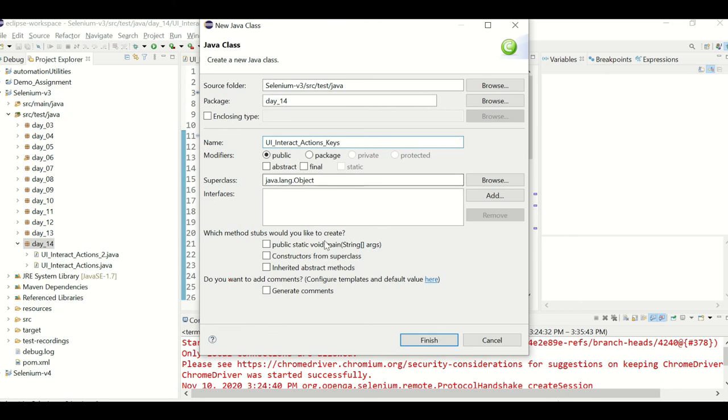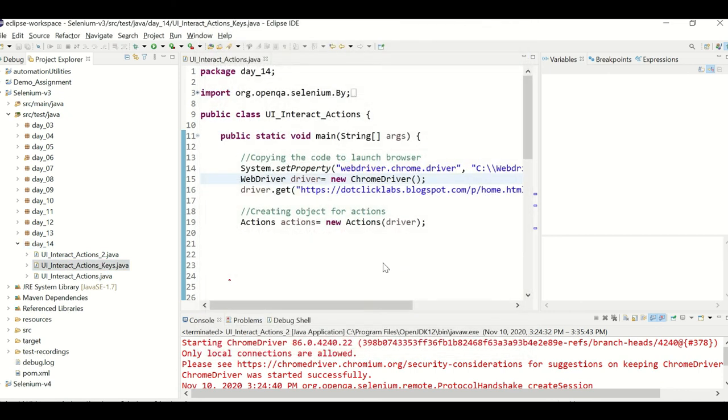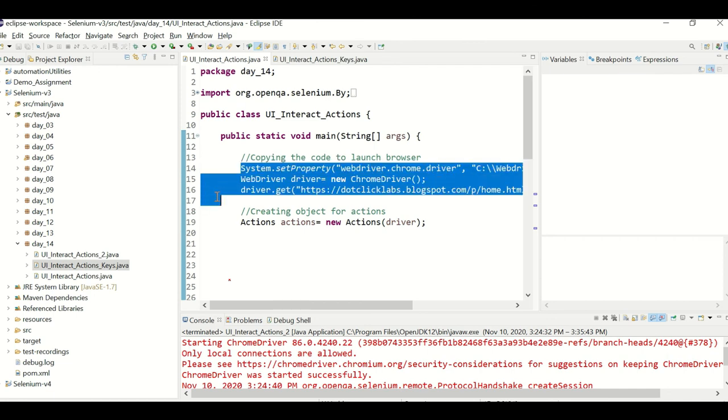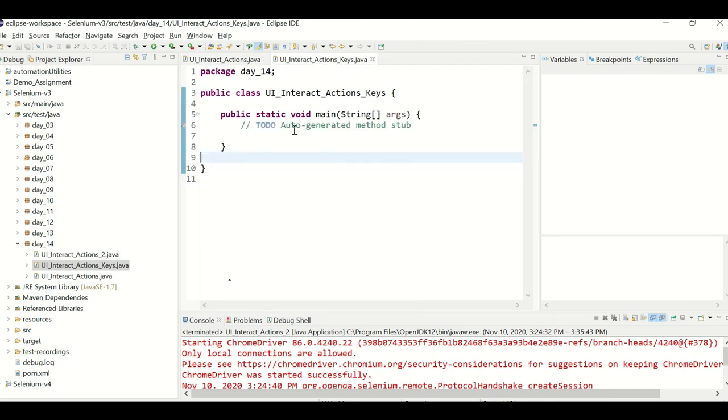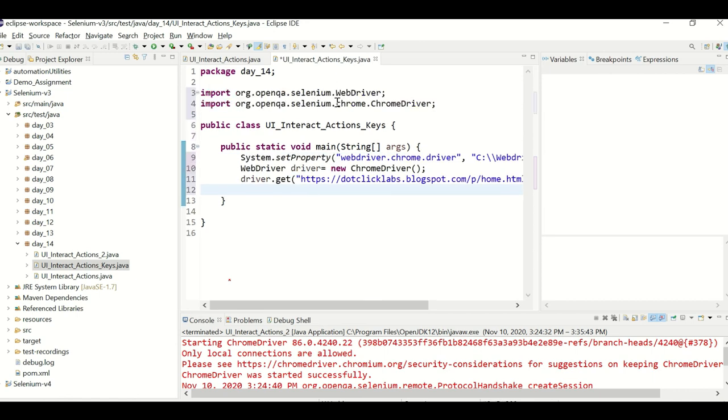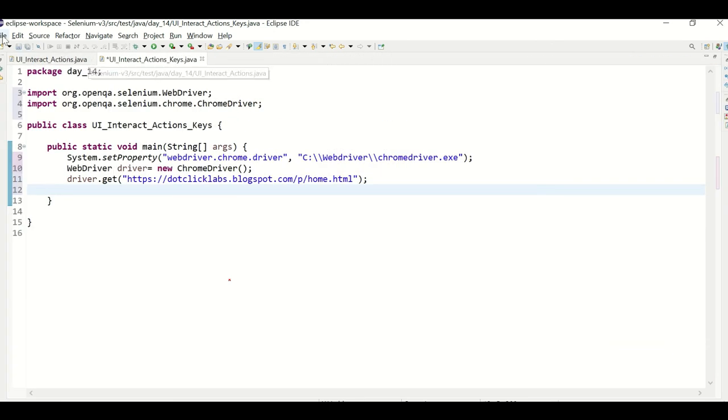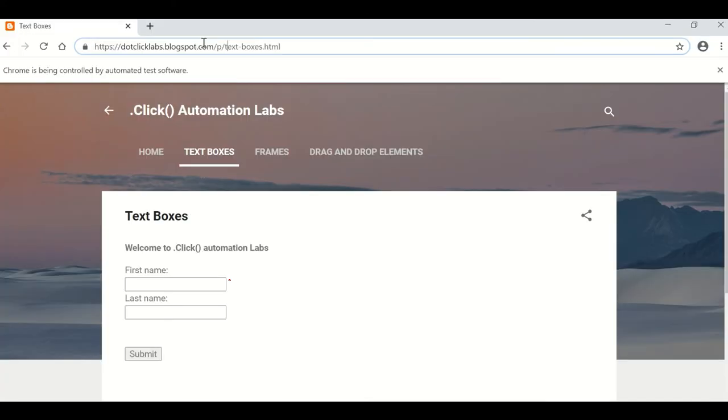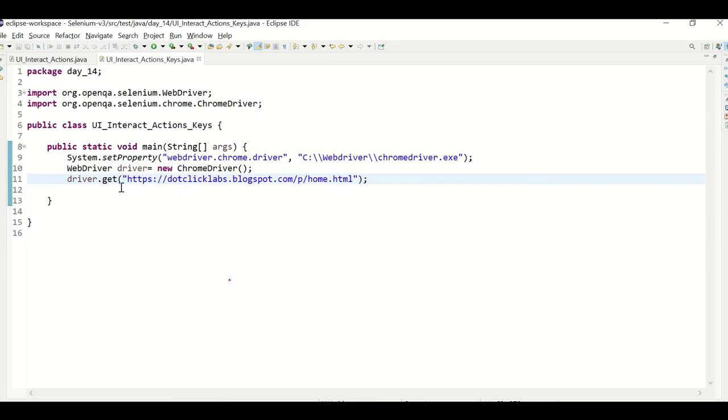Let's rename it as keys. So we are looking at the keys example. Copy the code up to this, up to actions. That's okay, we can define one. Now you want to navigate to this site, that is the given exercise.